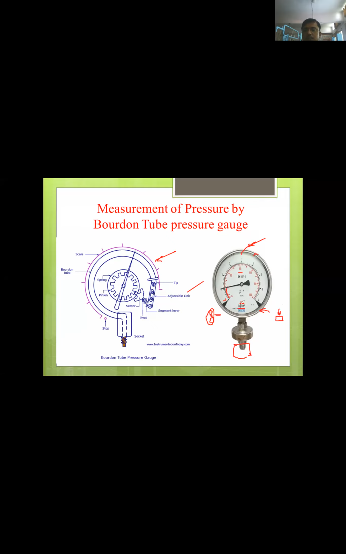Okay, generally in our day-to-day life we use this PSI unit when we go for air checking. You check whether the air is 30 in the front wheel and rear wheel. In the front wheel, I think generally we put air of 30 PSI, and in the rear wheel, 40 PSI. Like that we check it with the help of this pressure gauge. Okay, this is the Bourdon tube pressure gauge.